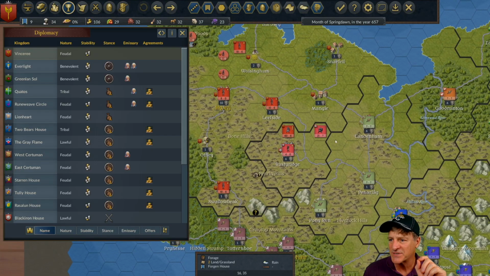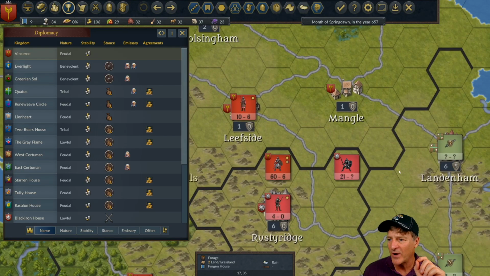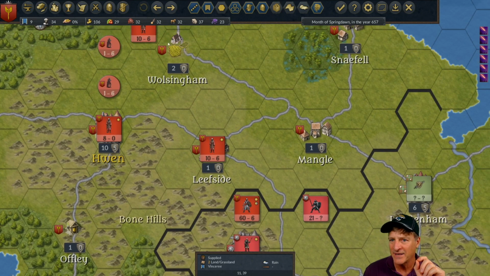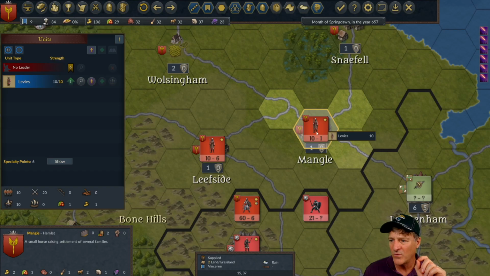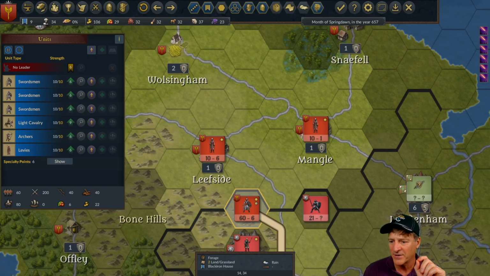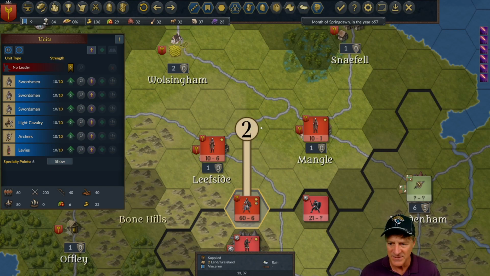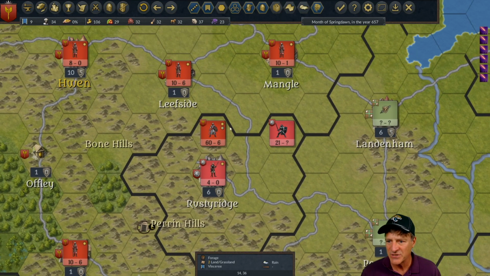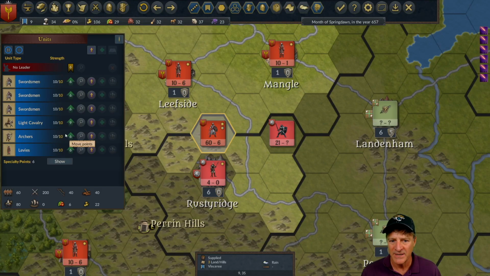Oh, wow, that's interesting. They did try to go out here. Look at that. They tried to head for Mangle here to take that. Let's bring these levies back in to defend it. And now we've got them in the open here. I think the question is, do we want to just try to take Rusty Ridge or go over here and hit these forces? I think we want to split, right? So let's split this up into 20 and...